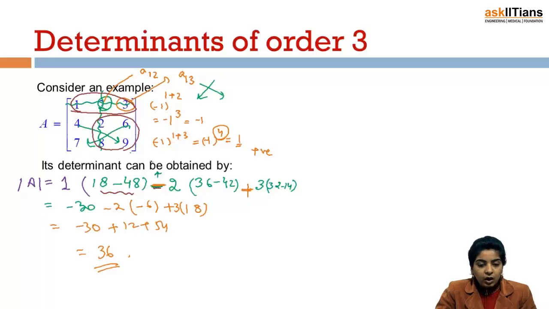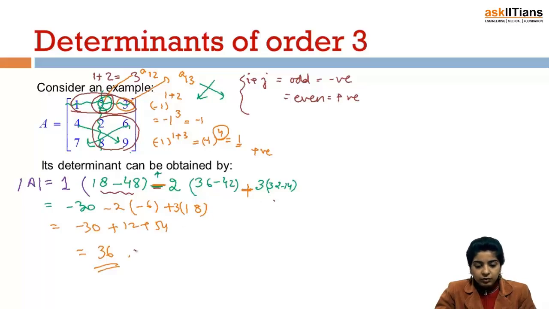Then about the sign, how you will decide the sign corresponding to this element: the position of this element will give you the sign, whether it will be positive or negative. Just add the row and column position, right? The position of this element was A12, so I'll do 1 plus 2. This gives me 3. If it comes out to be i plus j, you can remember it like this. If i plus j is odd, that will give you a negative sign. If it's even, that will give you a positive sign. And then you can proceed in this way, right? So we have got the determinant of the 3 cross 3 matrix as this.